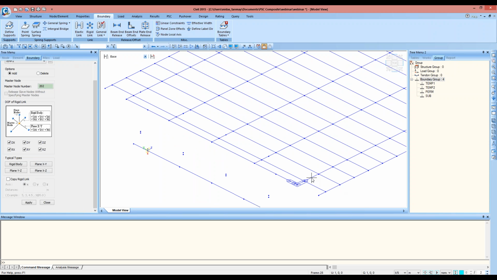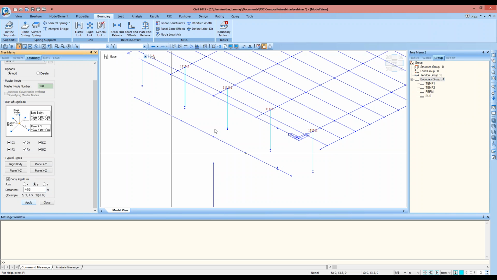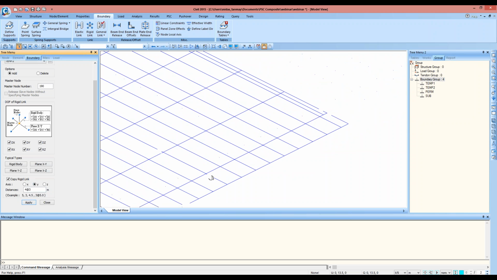So select the master node as this and the slave node as this, and copy rigid link in the y direction, 4 @ 3 meters, and apply, and the same for the end